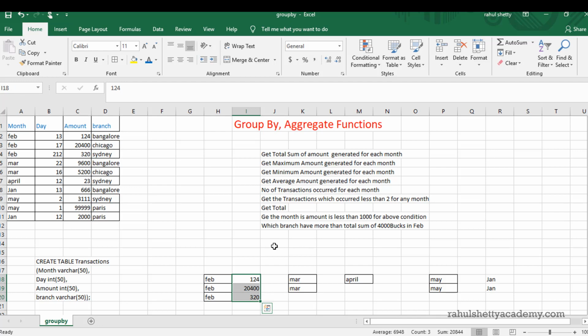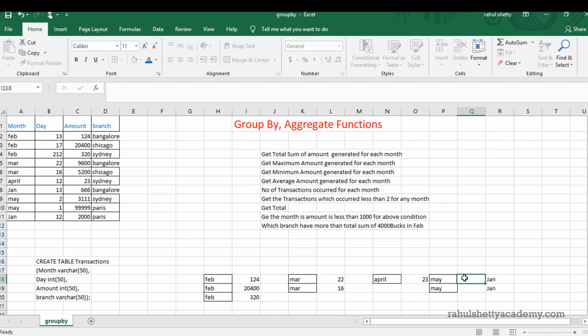So in SQL also, when you ask to get the details based upon each month, there is a concept called group by. You can simply say group by month in the SQL query. That's it. SQL internally does it like this. SQL internally prepares the document like this. This is what you need, right? Let me put it and you will have a clearer idea.